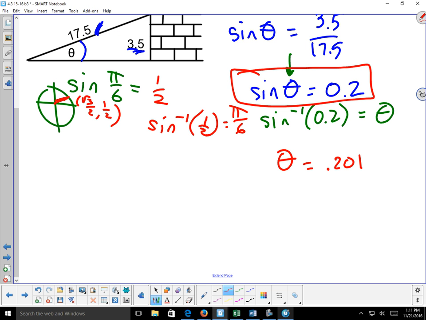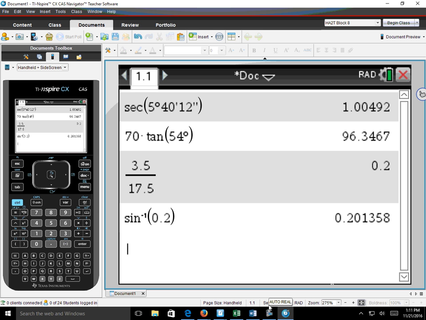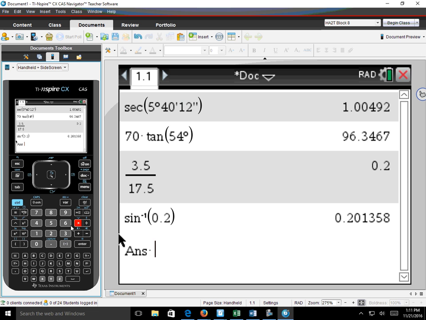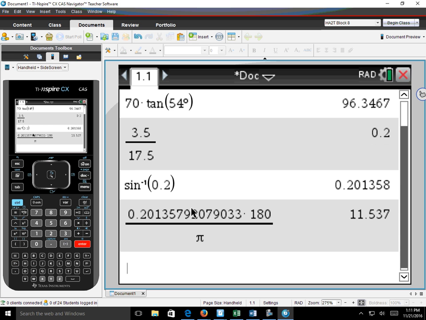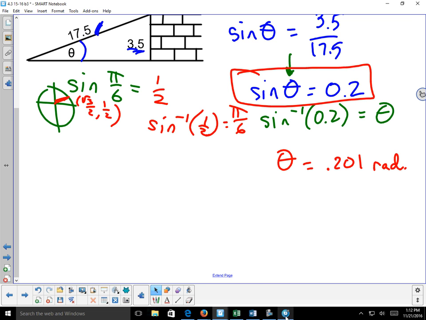Yeah, 0.201 radians, and so how do I convert that to degrees? Augie? You would go 0.201, like you do the picket fence thing, so you would multiply it by 180 over pi. All right, so I'm just going to say times 180 divided by pi, and I am getting 11.5-ish, 11.54. Do people agree with this? So my answer here is 11.54